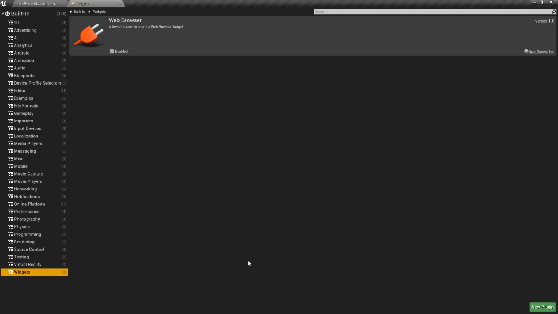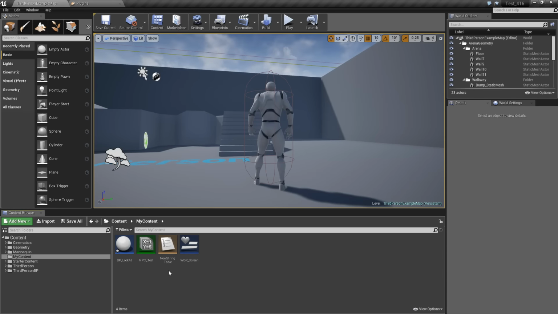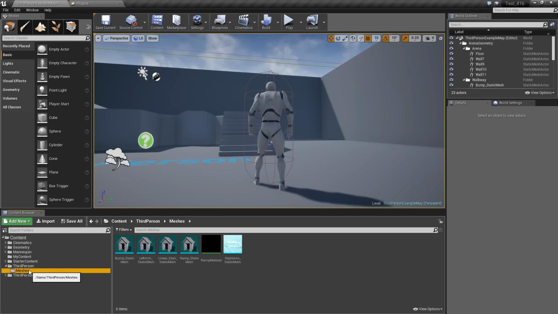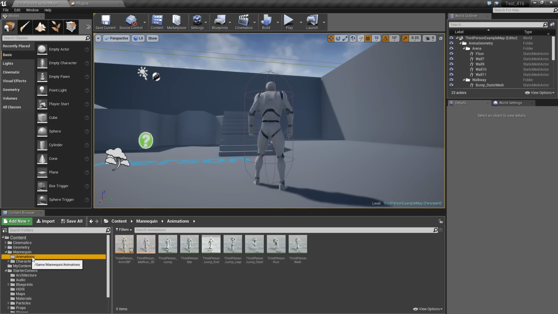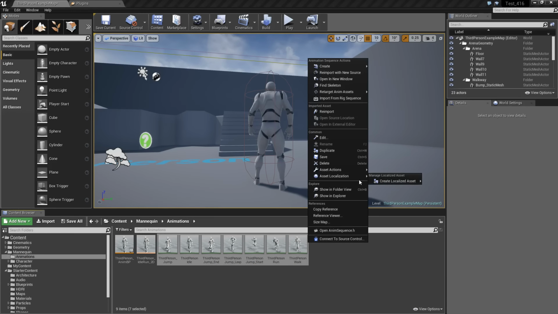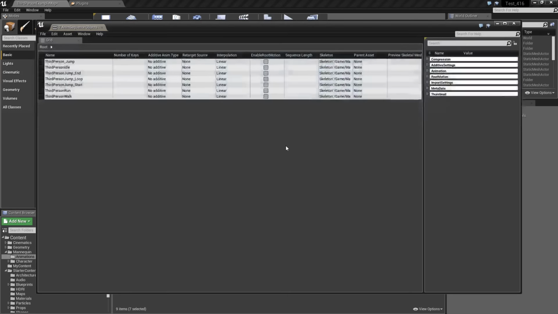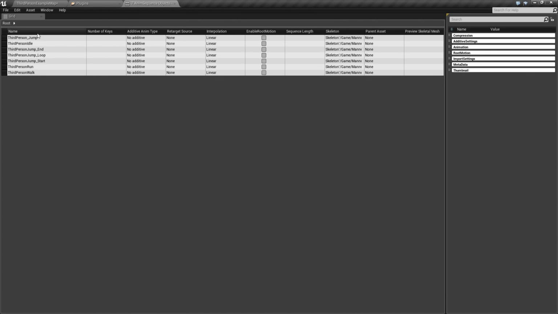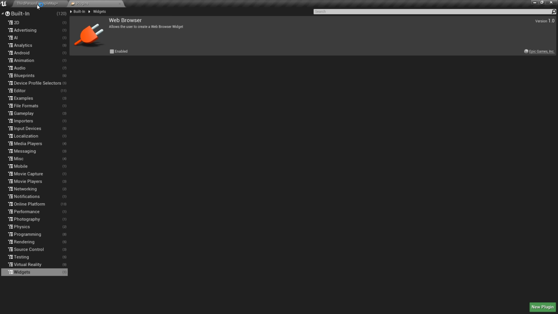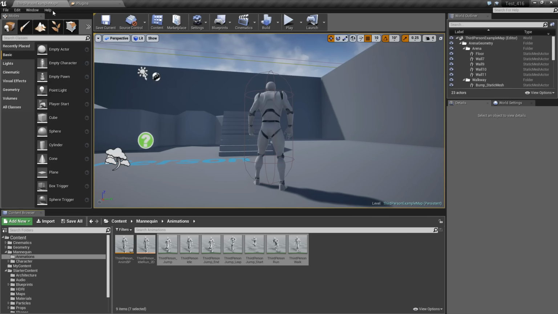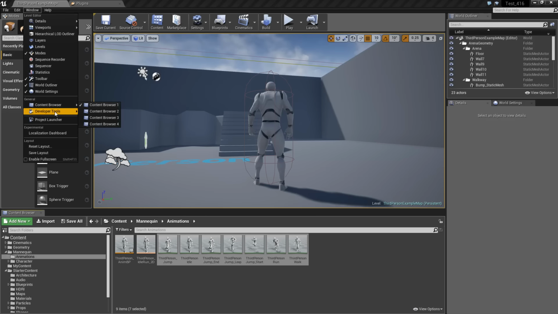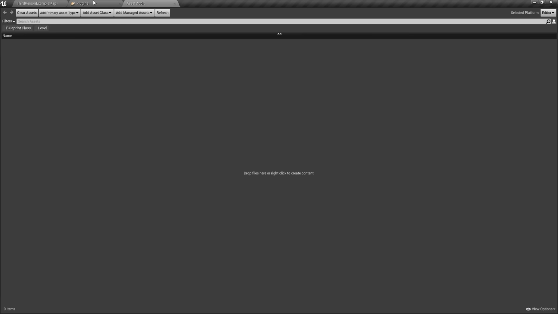If you've ever done something like this, let's find our animations. You have the matrix for editing, so let's find our matrix. Right here, bulk edit via property matrix. This basically lets you see everything all at once for multiple things. So you can see number of keys, type. You can see all these settings for your animations. That asset manager is intended, my guess, if you get it working properly, to give you a